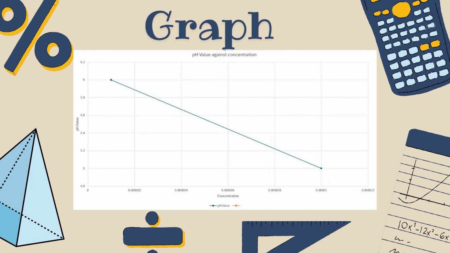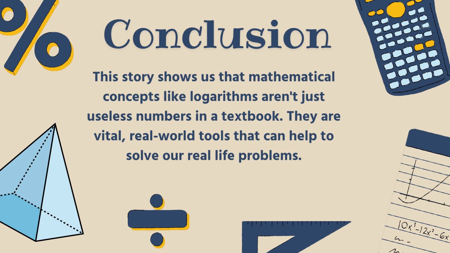As the concentration of hydrogen ions decreases from 10 to the power of negative 5 to 10 to the power of negative 6, the pH value rises from 5 to 6. This proved that the soil at pH 5 was 10 times more acidic than the optimal level required for the wheat crops, which is pH 6. This story shows us that mathematical concepts like logarithm aren't just useless numbers in a textbook. They are vital, real-world tools that can help to solve our